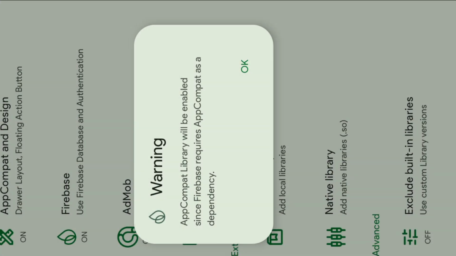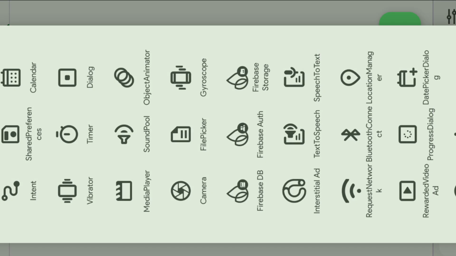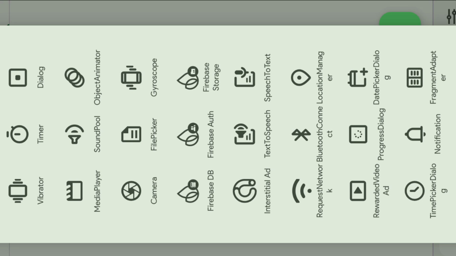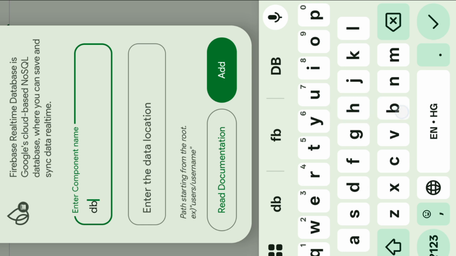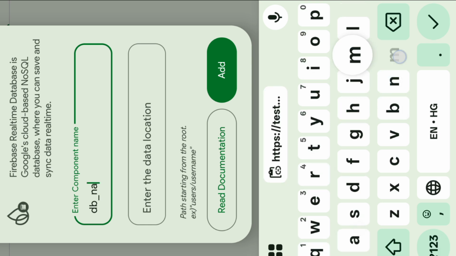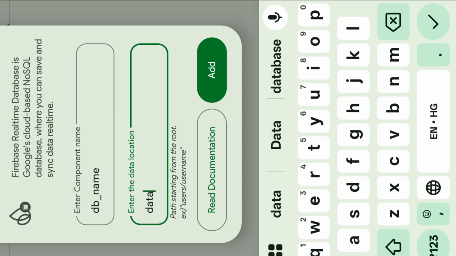After that, go to components and click on the plus icon. Find the Firebase DB and give it any name as you like, like DB name data.